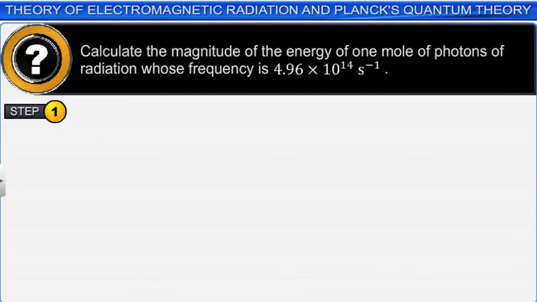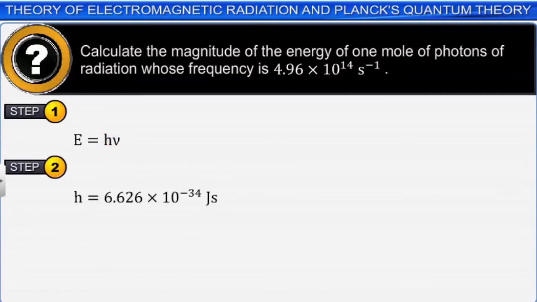The first step involves writing the expression for the energy associated with one photon, that is equal to h nu. In the second step, the value of h, that is 6.626 multiplied by 10^-34 joule second, and the given value of frequency,